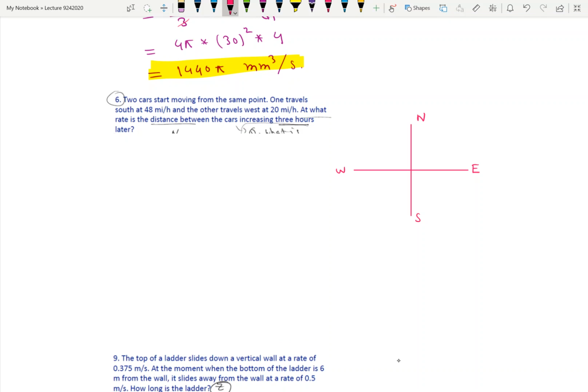Okay. So both cars start from this point, and one car moves south, so this direction. One car moves this direction, south, and another car moves west, so this direction,